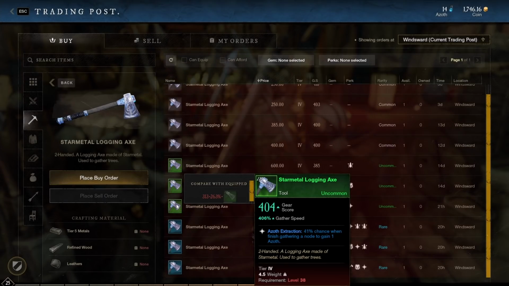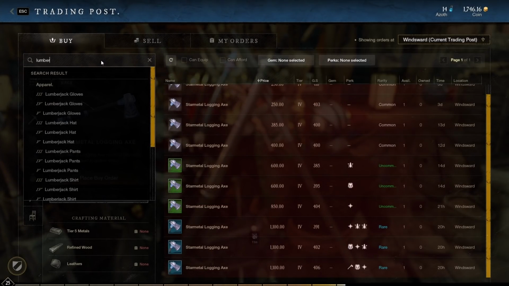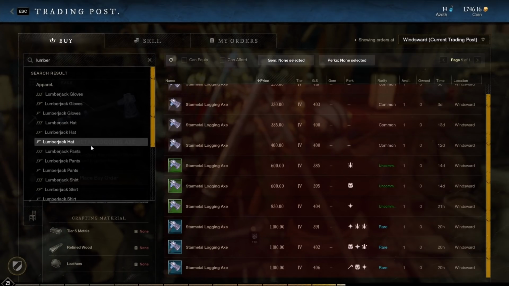Now, Azoth is not only going to be useful for you for quick travelling between cities, but is also later on used for increasing your chance to proc additional items when crafting, but more on that in another video. It should be noted there is actually Lumberjack Gear. If we quickly search for some Lumberjack Gear, you can see there is Lumberjack Gear that can not only